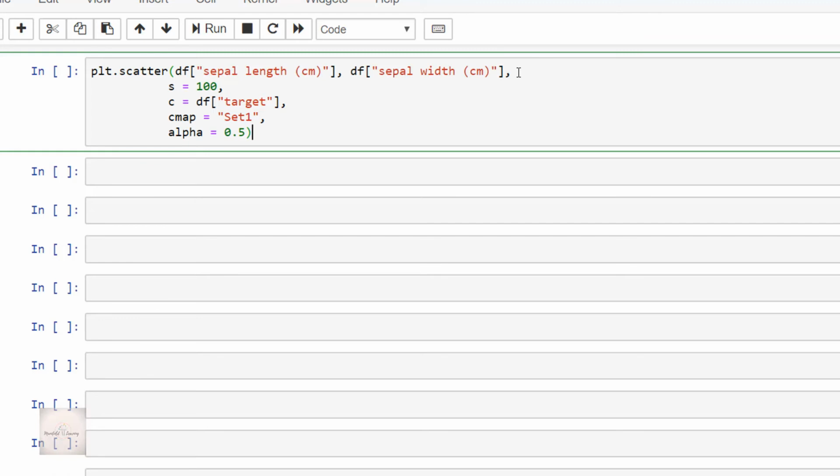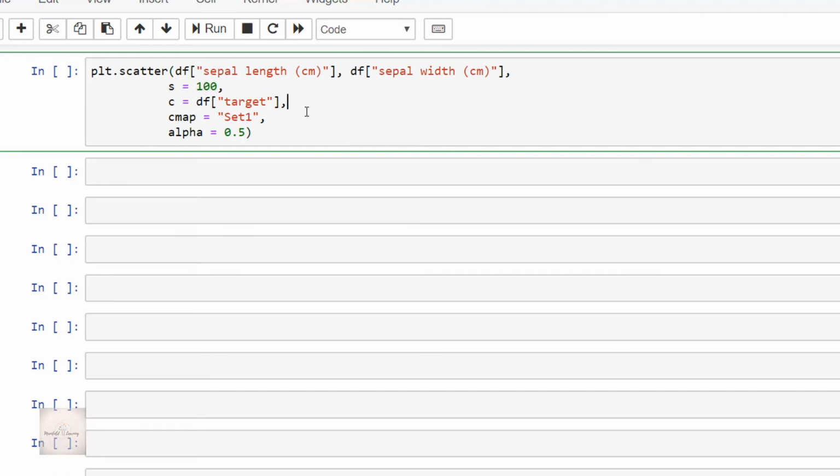Guys, I'm doing this to keep the coding simple and make the scatter plot easy to understand. For that reason, I'm considering only two features. So I have given df of sepal length in centimeters and df of sepal width in centimeters. Okay, and after that, we have specified the marker size s as 100.